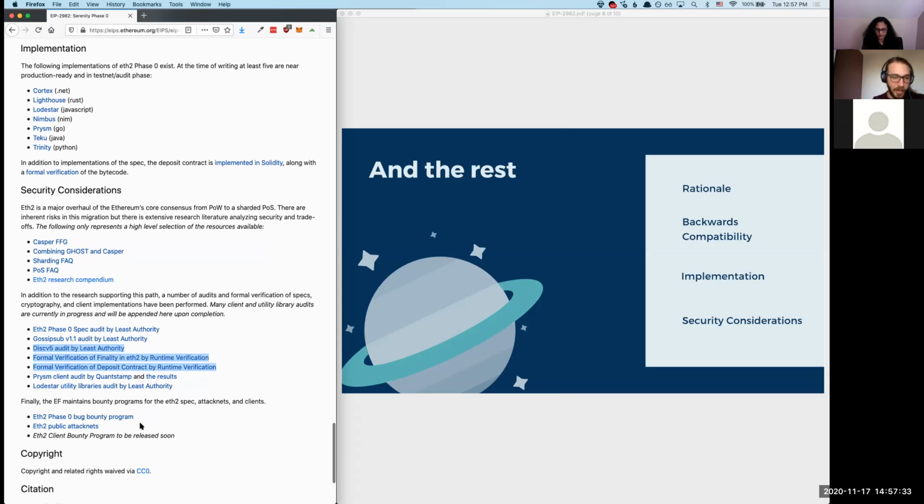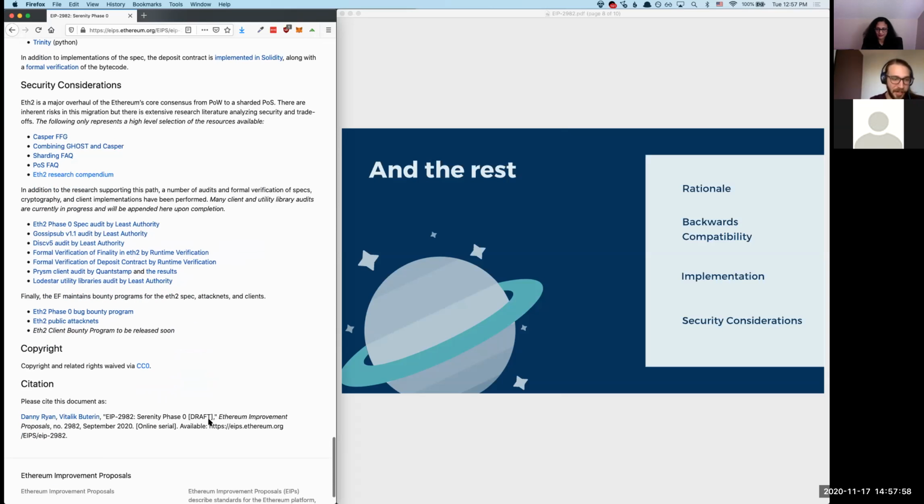And there's a number of bug bounty programs, of which the rewards are pretty high. I need to update this link because this is released and these 2 are deprecated. Thank you. I'm glad to be reviewing this right now. But the bug bounty program is live. That's at eth2bounty.ethereum.org. And I think critical vulnerabilities are currently worth like $50,000. So again, find some vulnerabilities. Copyright and citation. I didn't write this, so I presume that it was auto-generated.